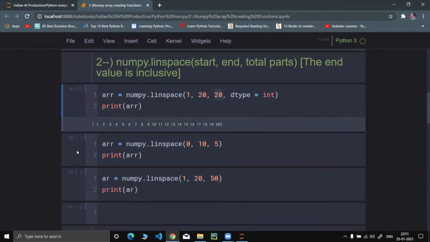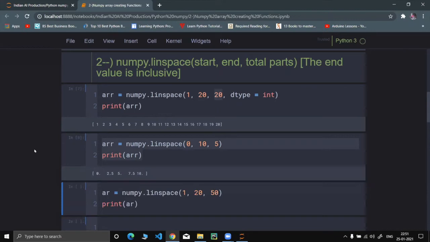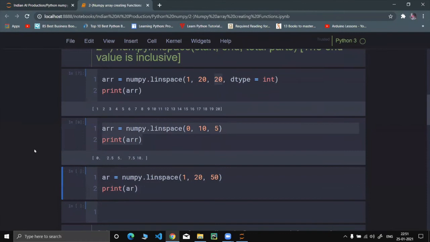Now let's try. How many elements do you think this will consist of? 5 elements. Let's check: 1, 2, 3, 4, 5. Yes, 5 elements.